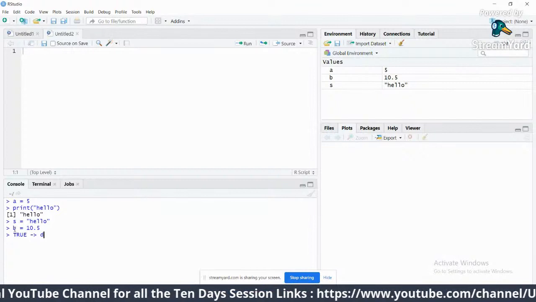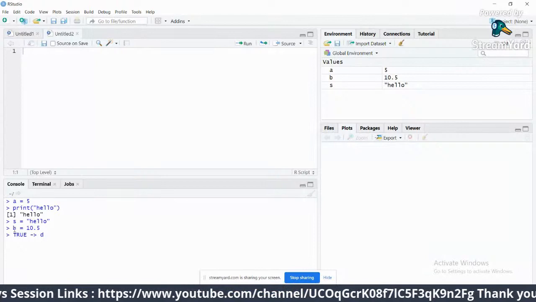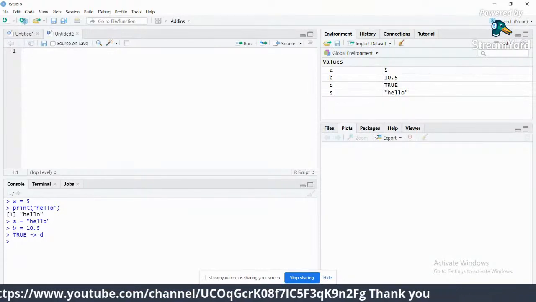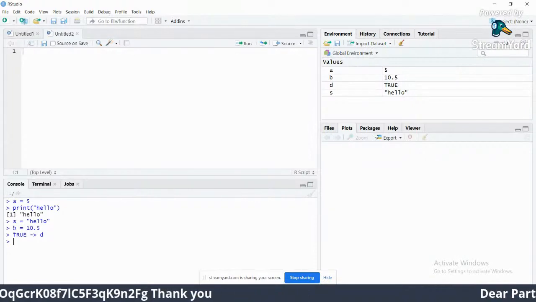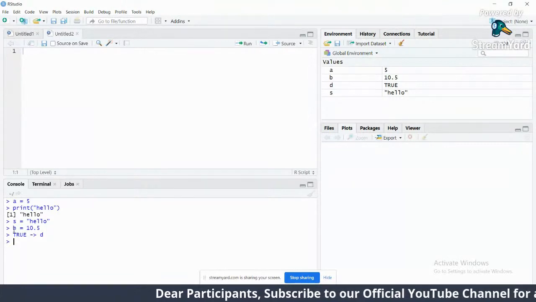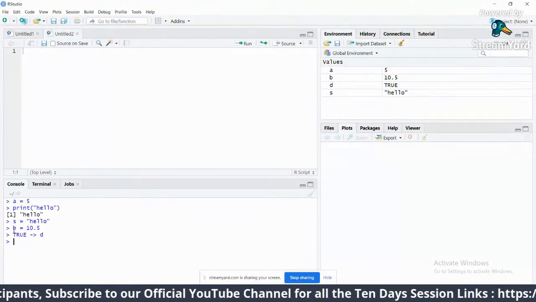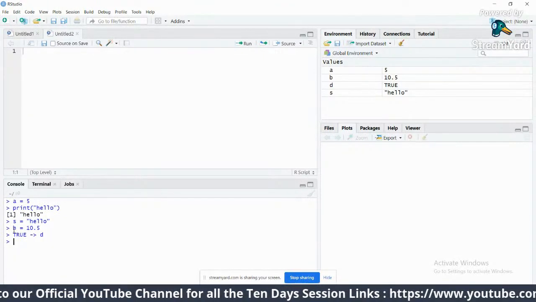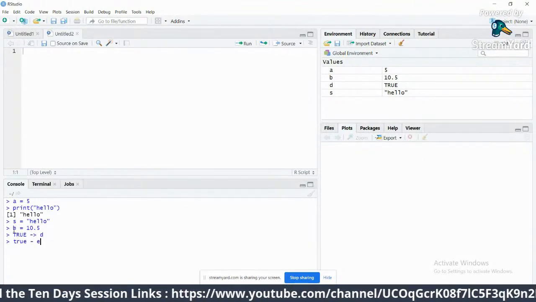Now TRUE, I am assigning to a variable called d. Now I am pressing enter. Can you see here? It is taking the value d is equal to TRUE. For logical values, either TRUE or FALSE, they should be in capitals. TRUE and FALSE have to be in capitals because there is a difference. For example, if I give it like this, true to e,